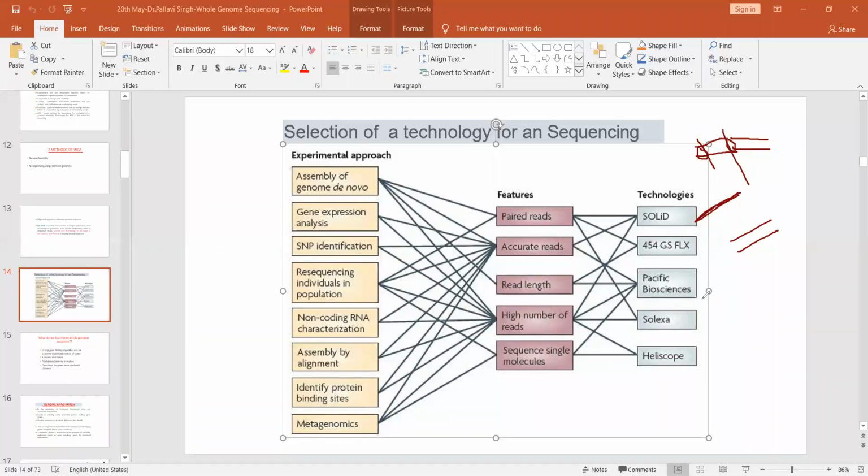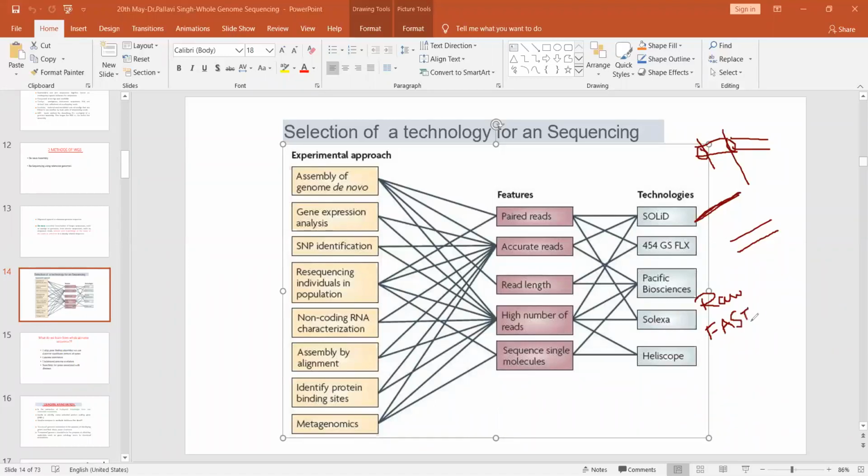Another very important thing is that we use the term raw reads very often in sequencing, as I will show you in my later slides. What is a raw read? A raw read is a small fragment of DNA generated after fragmenting the bigger genomic size. That raw read, the smaller sequence, could be in the form of a FASTA sequence or in the form of FASTQ.